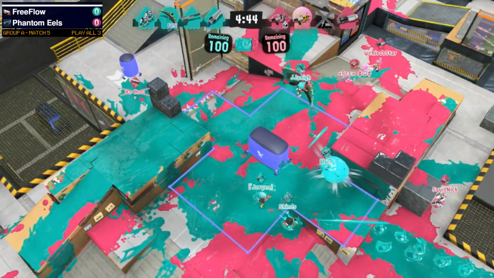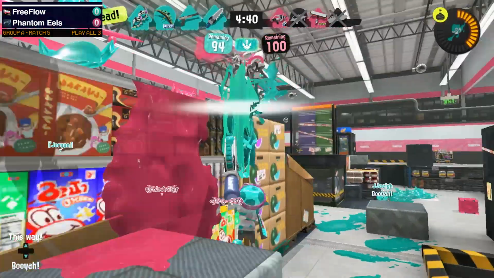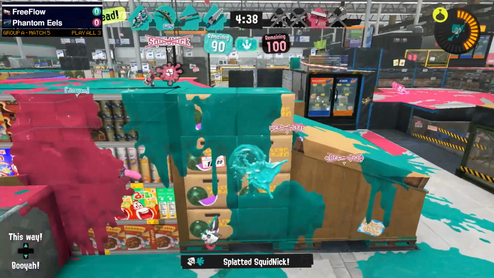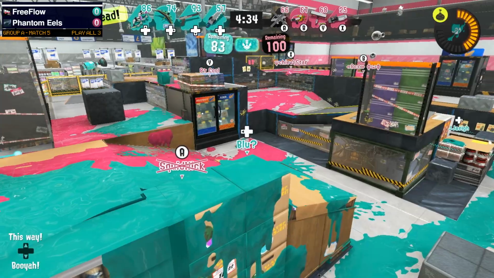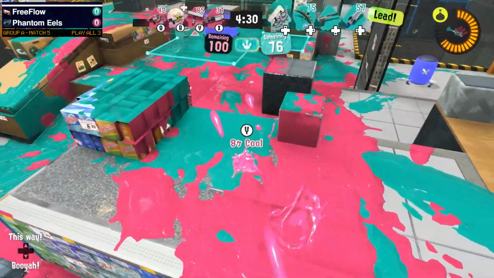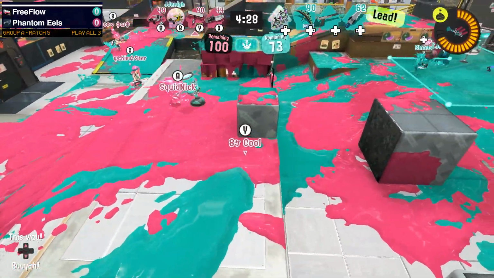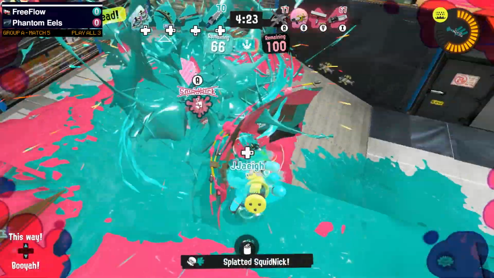But we do see Carbon taken out early, and FreeFlow is going to make that first immense push straight into the base of Phantom Eels. They're holding on to that right stack, and that is a great position to have to make sure the Phantom Eels are having a very difficult time pushing back in. Seems like the Phantom Eels are just going to have to work their way in and try to...